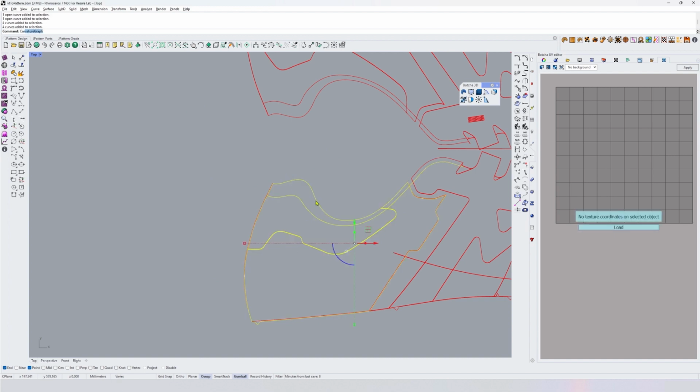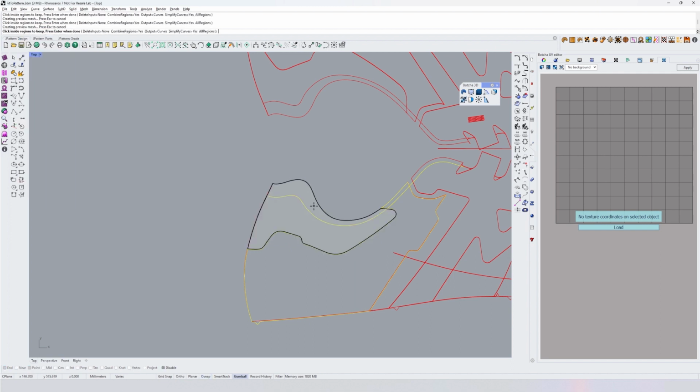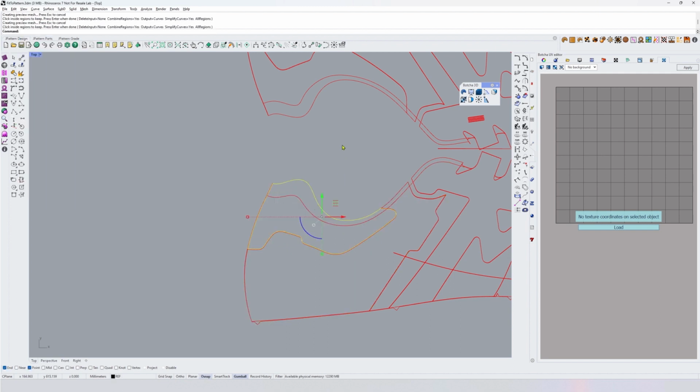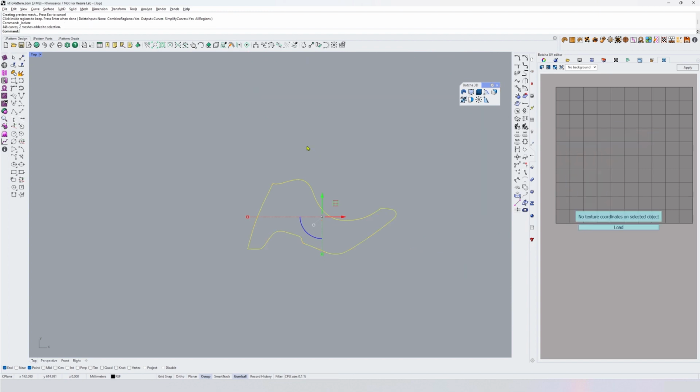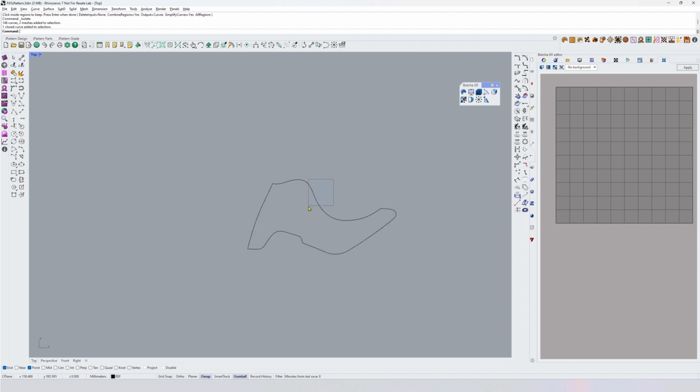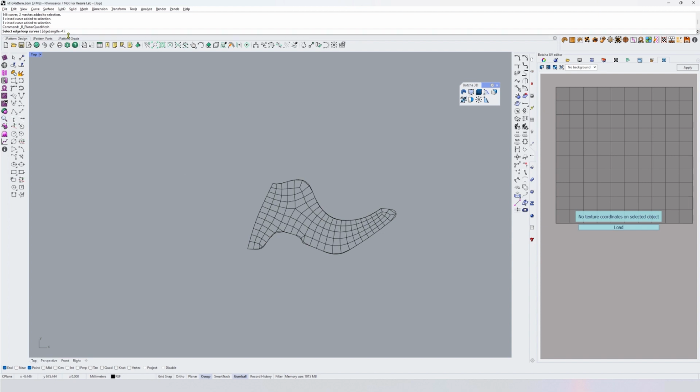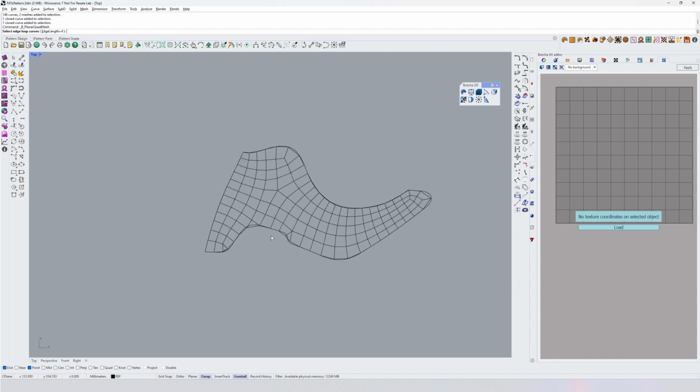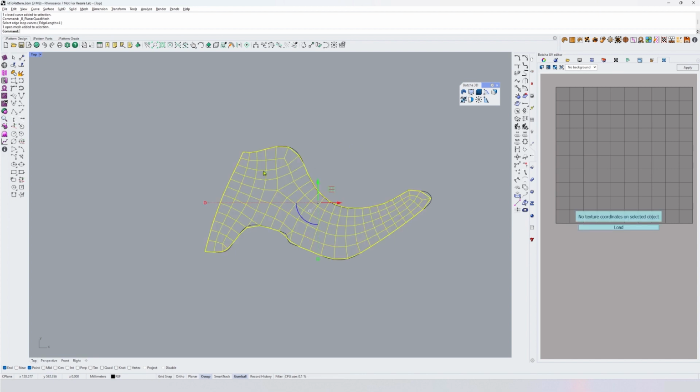I'm gonna use a curve boolean to just get a nice closed curve that I want to make a part out of. And what I want to do now is create a quad, a planar quad mesh. And like this, it's fine. I'm satisfied with it. So now I have my planar quad mesh